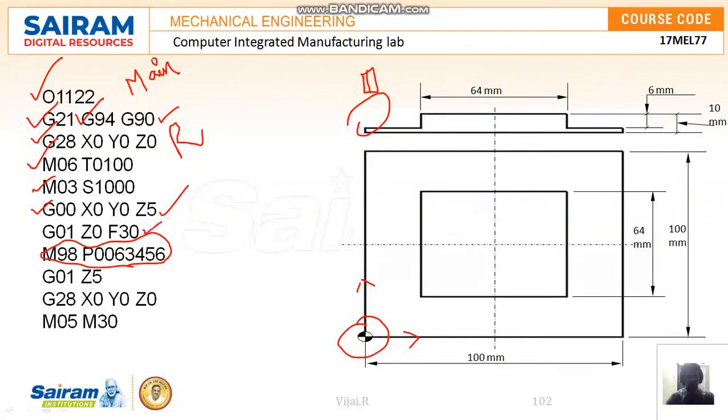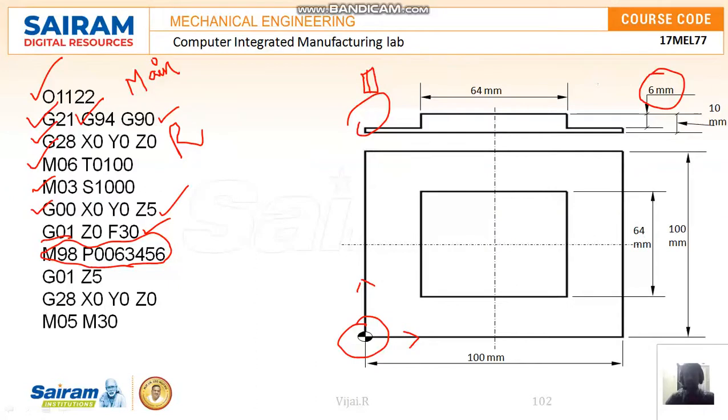So just go slowly. Here we are going to use G01 so that it goes very slowly and touches the zero surface. I am going to touch the surface over here, because I have to call an incremental program. That's the depth of cut I have given incrementally from the surface: -1, -1, -1, like that it will go. So here we are going to remove 6 mm.